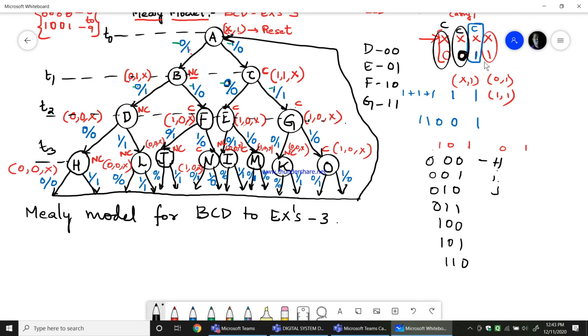See, the first one we had at A, the next one we had at C, and at G we will be adding 0. That is why it is 1 0, and then the input will be either 0 or 1. See this? Okay, sir. Understood?